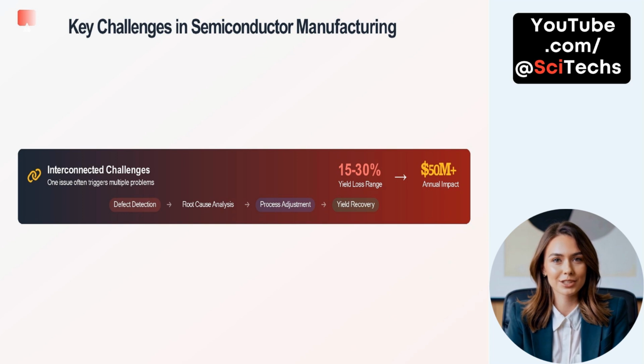This cycle of detection, analysis, adjustment, and recovery not only delays production, but also contributes to substantial yield loss, often in the range of 15% to 30%. For large-scale fabs, that yield loss can translate to over $50 million in annual financial impact. These cascading effects highlight why integrated monitoring, rapid response, and cross-functional collaboration are critical to mitigating losses and ensuring production